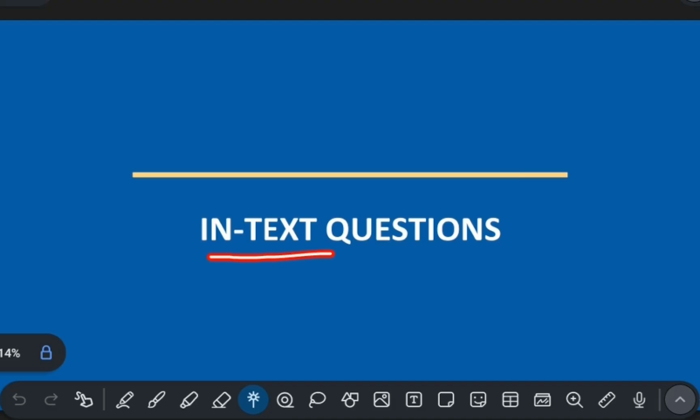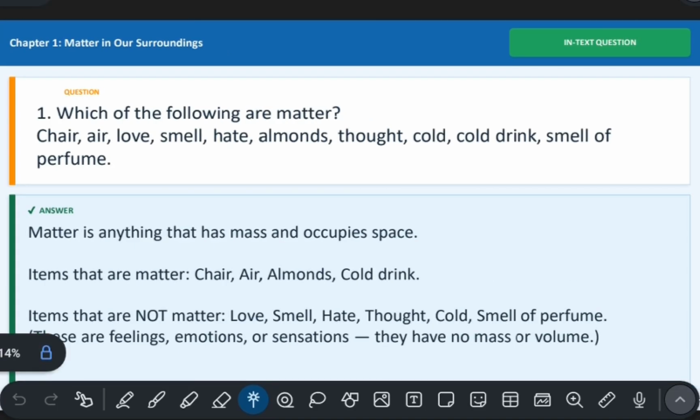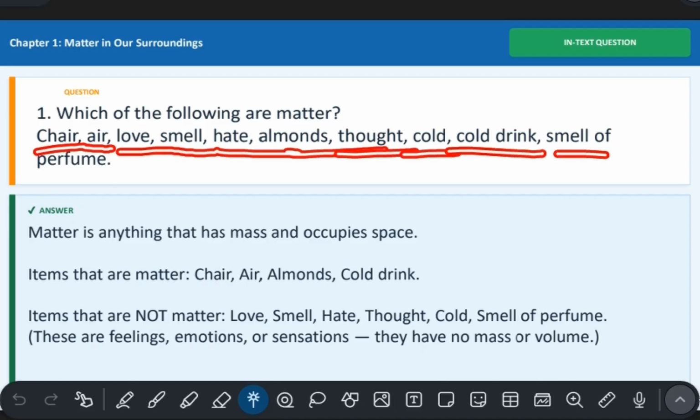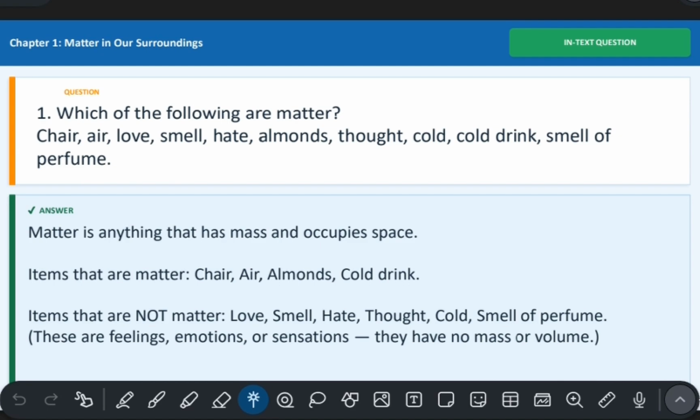पहले हम करेंगे इन टेक्स्ट क्वेश्चन, सारे क्वेश्चंस के साथ आंसर्स भी हैं साथ में। सो फर्स्ट क्वेश्चन है कि विच ऑफ द फॉलोइंग आर मैटर? चेयर, एयर, लव, स्मेल, हेट, आलमंड्स, थॉट, कोल्ड ड्रिंक, स्मेल ऑफ परफ्यूम। So first, matter is anything that has mass